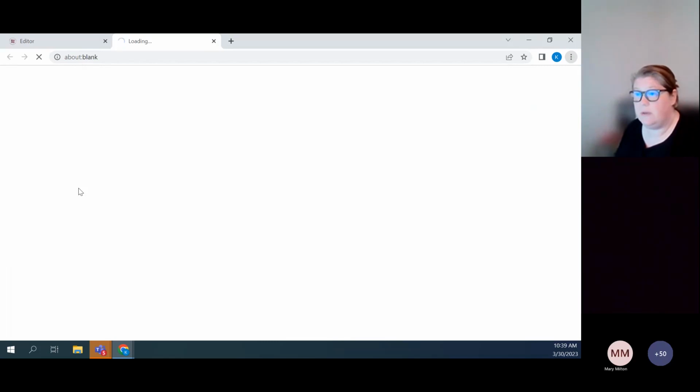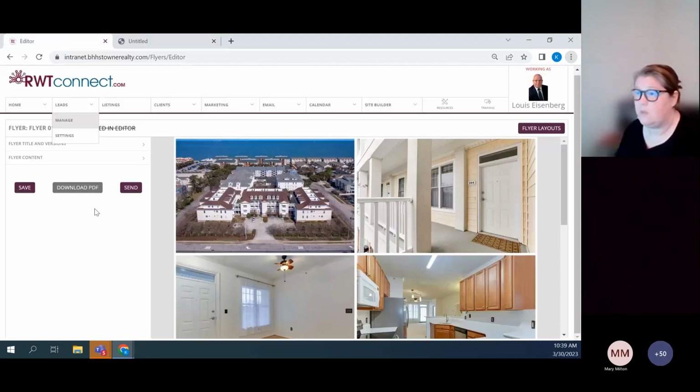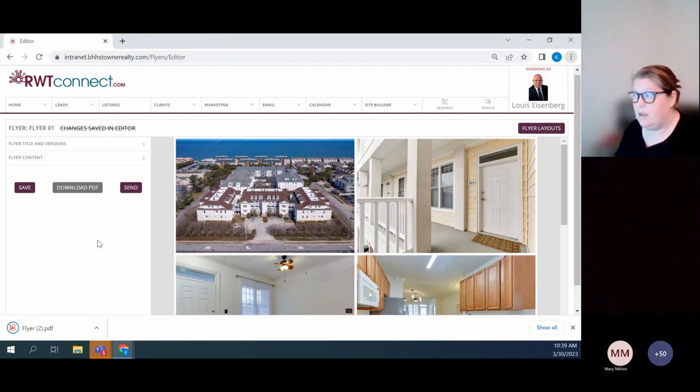So we've made those changes. We can download that PDF, print out 20 copies that we might need for the weekend, whatever that happens to be. But here's the additional piece that we haven't talked about yet. You can also send this as an e-card right from the system. So you've made a couple of really quick changes in here, and we want to go ahead and send. If I hit send,